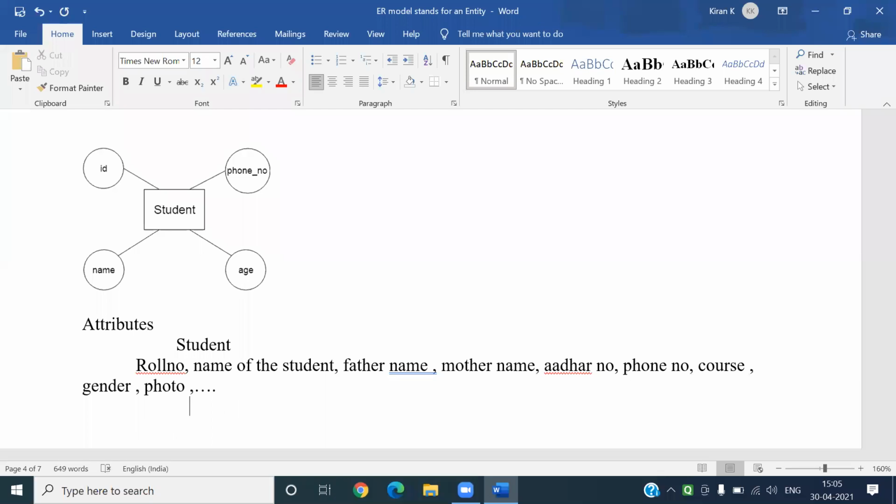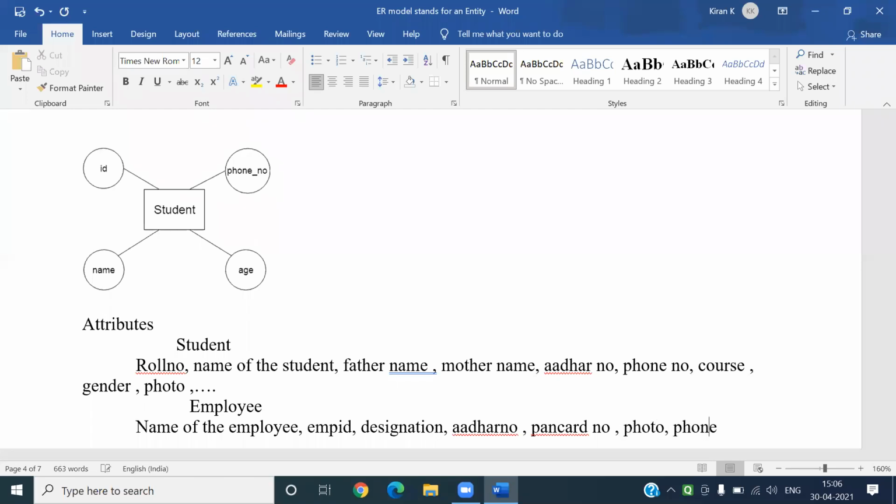Another example is employee: name of the employee, employee ID, EMP ID, designation, parent's name, Aadhaar number, PAN card number, and then photo and phone number.